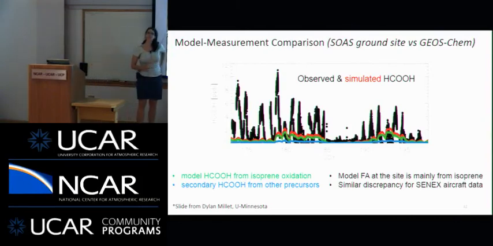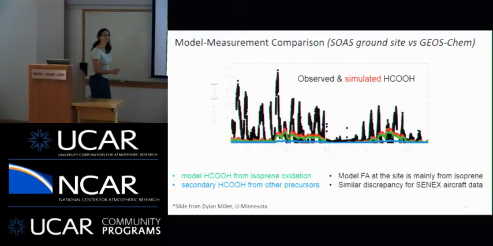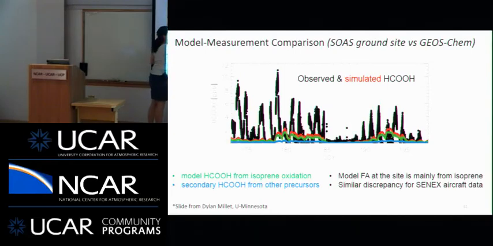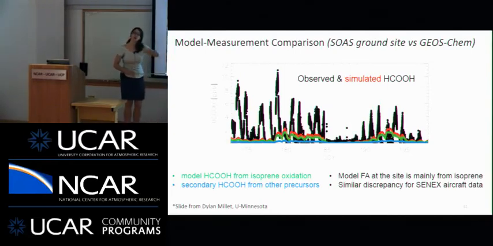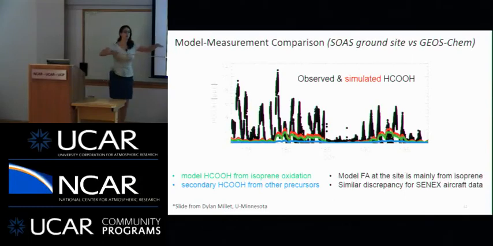And you can see some really big problems with this model measurement comparison. The first is that the measurements are huge relative to the model, right? So the model is missing the sources by a large amount. We need a source that's about 20 times bigger than that in the model. The other thing you can see is that the structure of the diel cycles in the model is incorrect. They're too broad. We do not see the sharp rise and sharp fall. And to me, that is actually the more interesting problem.